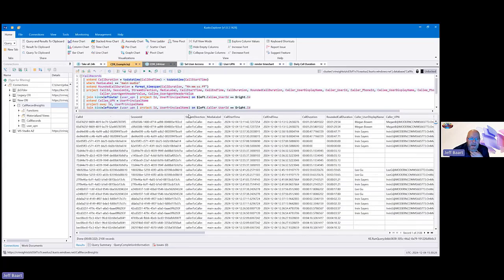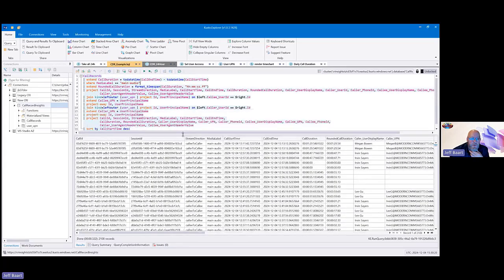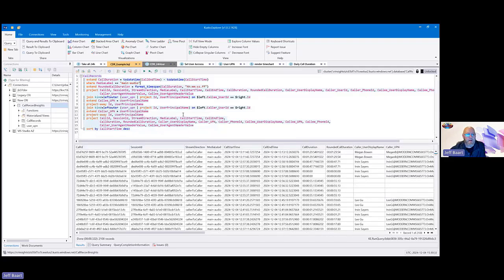I showed you the static view before. This is a view in which I've provided more detailed information. So I want to produce call duration in a calculation. I want to sort by only the audio calls, so we put in where media label equals audio. And in this particular example, I've done a little bit of additional work to pull in a UPN from another table. Over here on the left-hand side,